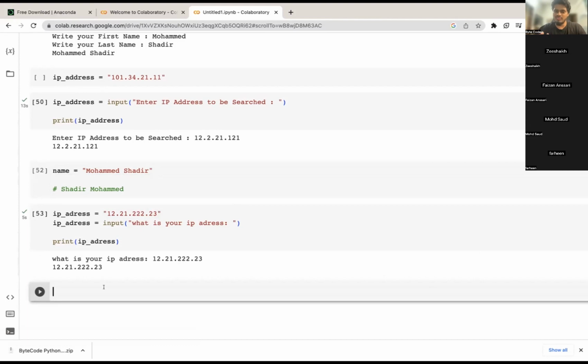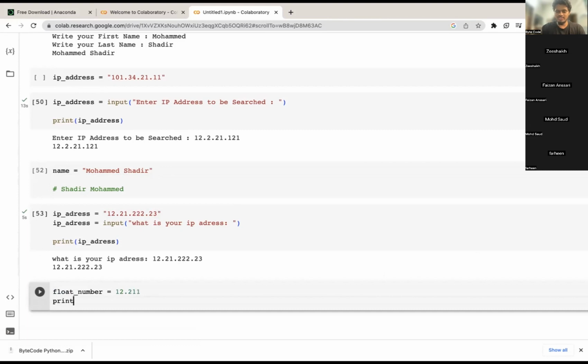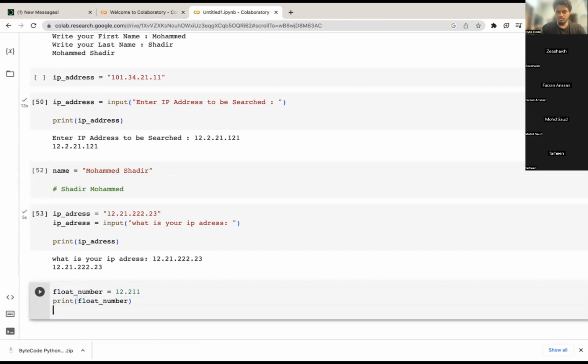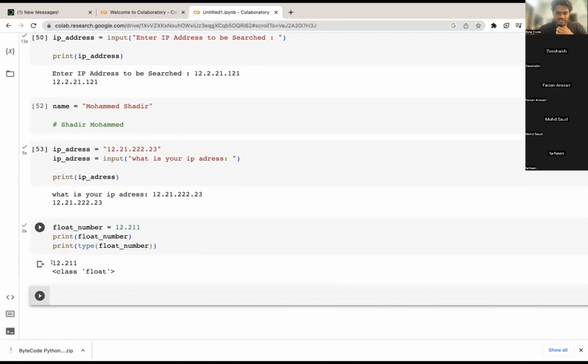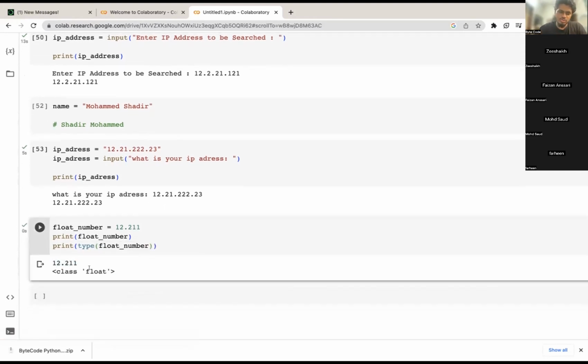We will go through that, but just to give an example, let's say a float number. We call these floats, right? The number with decimals, 12.22. This is your decimal number. If I print the float number, and also print the type of the float number, you will see that it gets printed, and also the type of this variable is float.